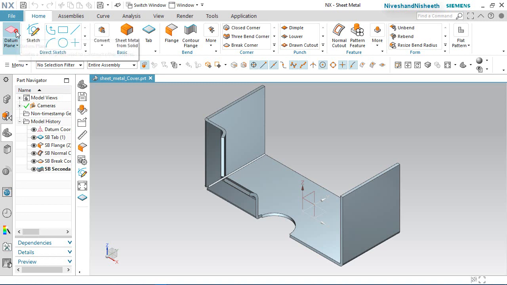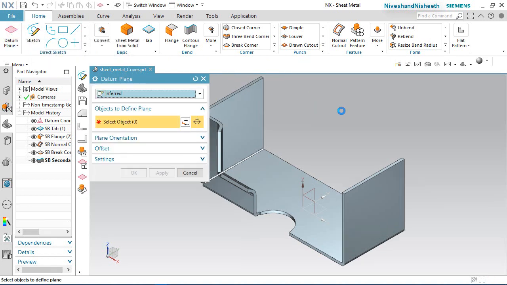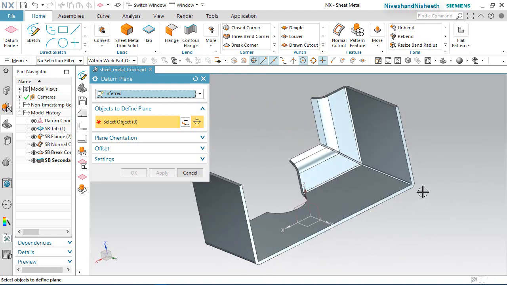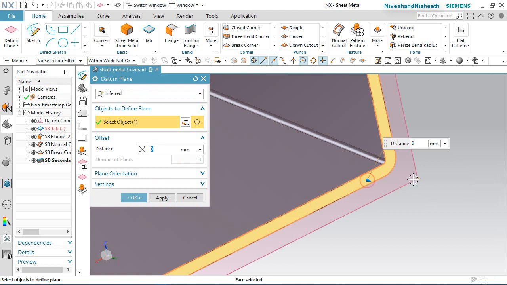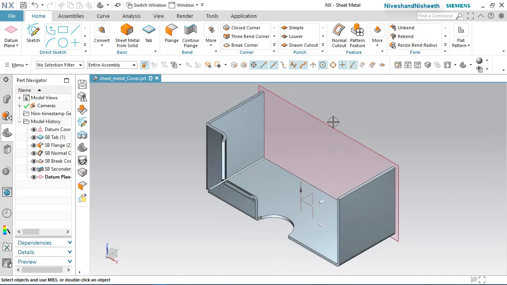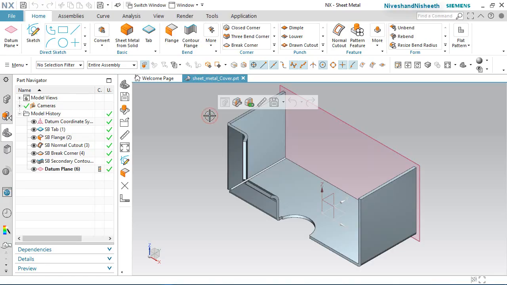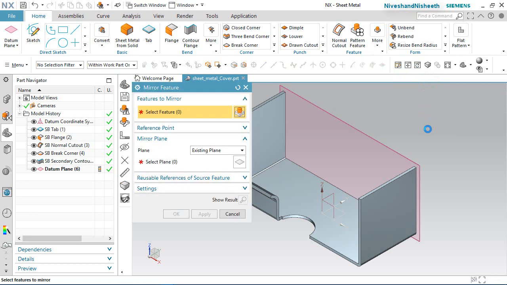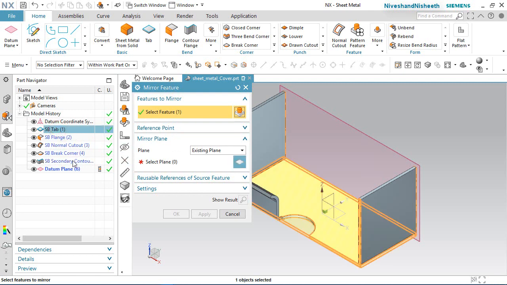Now activate the datum plane command. Select the opposite face of the sheet metal body part. Select this face. OK. Now see. Activate the mirror feature tool. In the mirror feature, select this feature and from this feature.